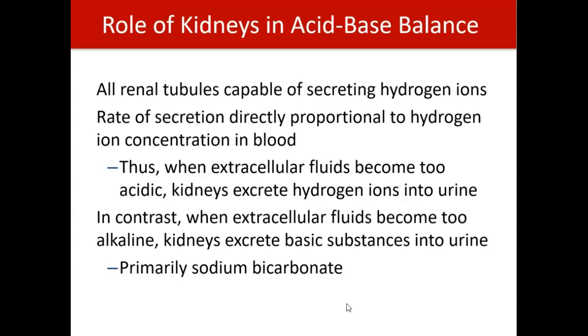In contrast, when the blood becomes too basic or alkaline, the kidneys are going to excrete basic substances into the urine. The basic substance that we're going to secrete is called sodium bicarbonate. This is going to get really important when we talk about ABGs, because sodium bicarbonate is written like this,